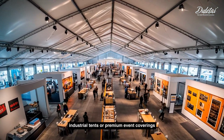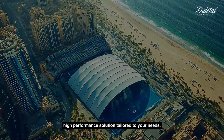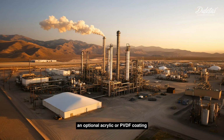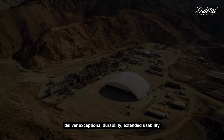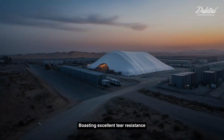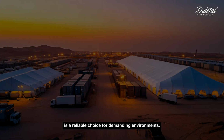Whether for large industrial tents or premium event coverings, our product offers a dependable, high-performance solution tailored to your needs. The tarpaulin's self-cleaning surface, anti-ultraviolet treatment, and optional acrylic or PVDF coating deliver exceptional durability, extended usability, and adaptability for different requirements. Boasting excellent tear resistance, high tensile strength, and strong welding peel strength, it is a reliable choice for demanding